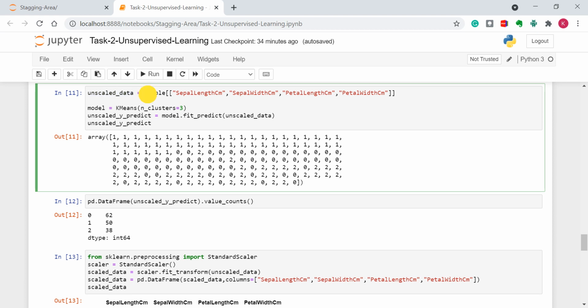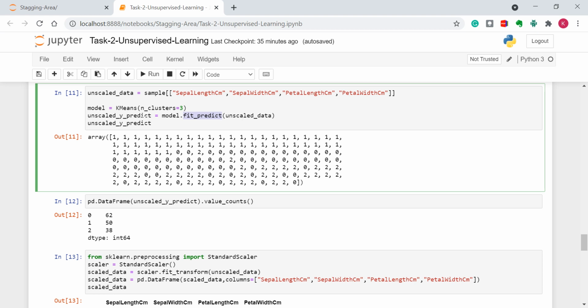As you see here, I have extracted the values and stored them in the unscaled data, and then I use our k-means model, as we saw earlier that 3 is the optimum value for n clusters. I'm storing the result in the model, and using the fit predict method, I am passing the unscaled data and predicting the values of this unscaled data, and I have printed it.